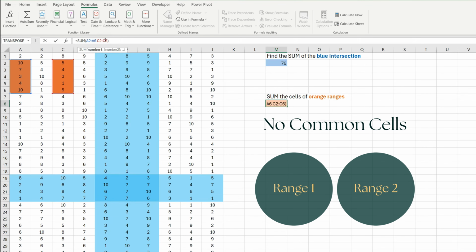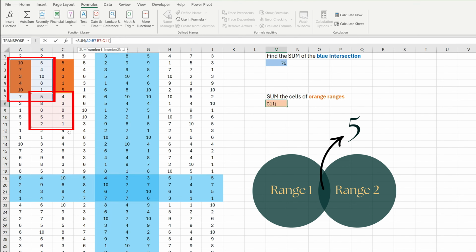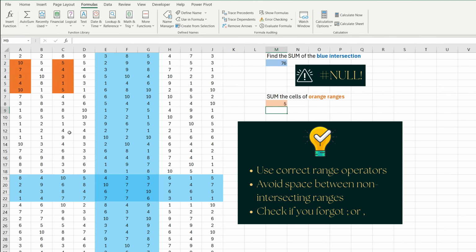So Excel says, alright, you told me to add the common cells, but I cannot find any. So if we change the ranges, it must return number 5 as this is the only common. So this error appears because either you forgot the semicolon or comma between the arguments, or because the ranges that you added with space in between have no common cells.